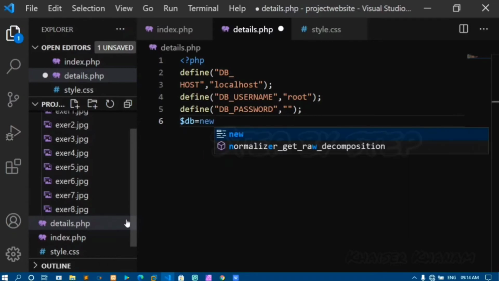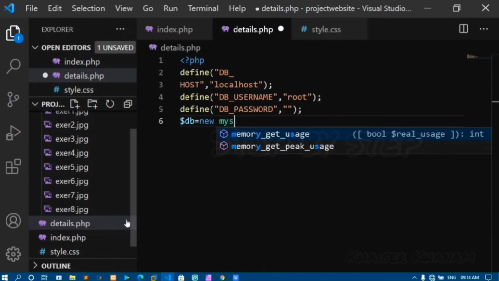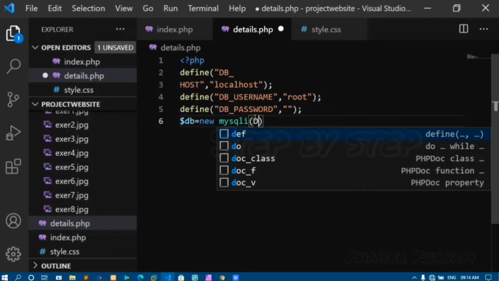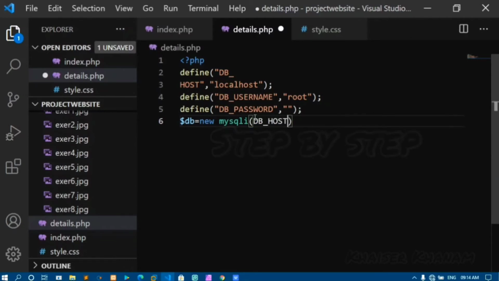I'll create the object for this, my SQLi, and I'll give this 3 things: database host, database username and database password. I am passing these 3 arguments inside this one.